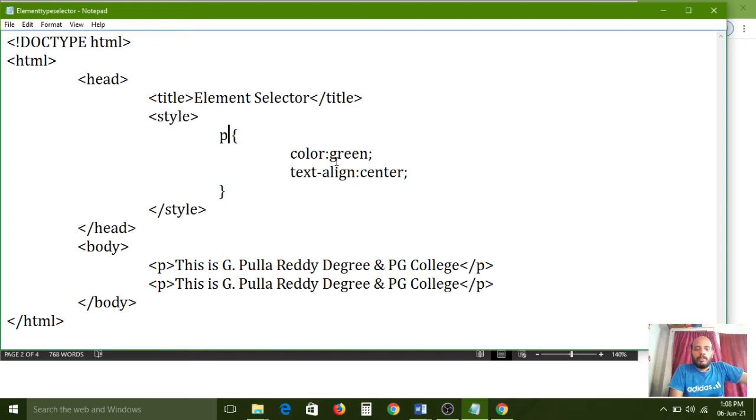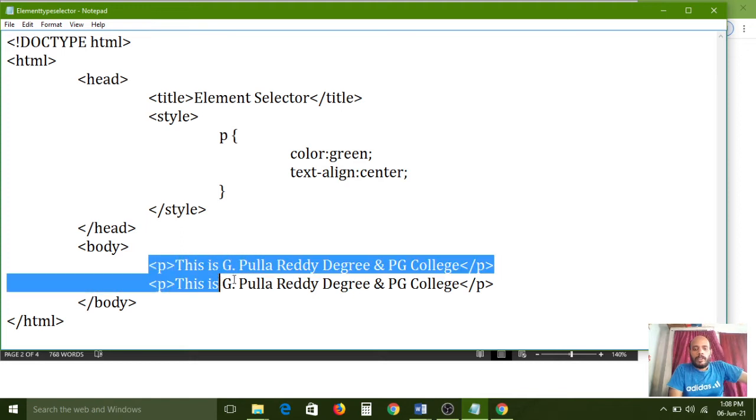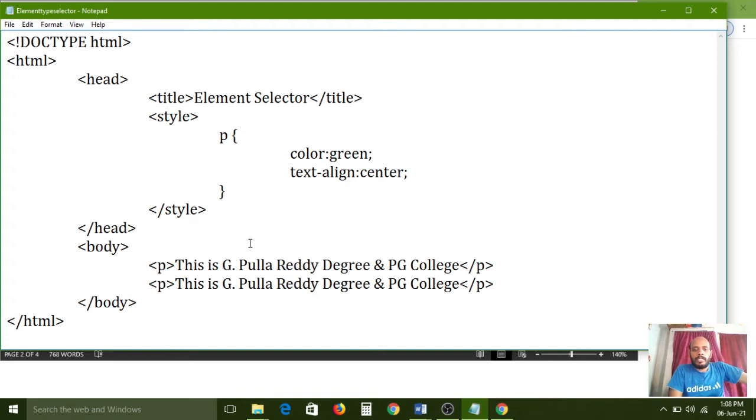But now I don't want to execute all paragraphs with these properties. I want to execute only one paragraph. In that case, instead of using the paragraph tag, here we use a hashtag, para1, or P1.